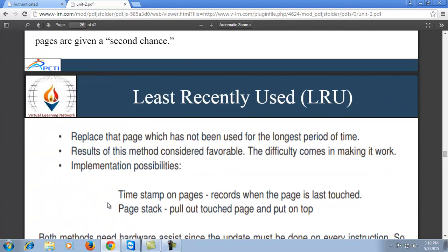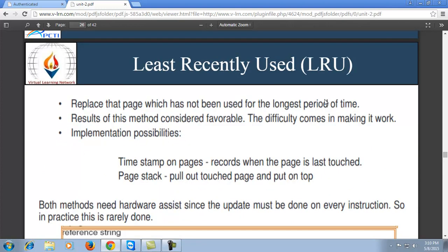So next is the least recently used algorithm. In this algorithm we have to focus on these points. The first is to replace that page which has not been used for the longest period of time. First priority for replacement is given to the value which is no longer required in the future. The second, the result of this method is considered favorable.